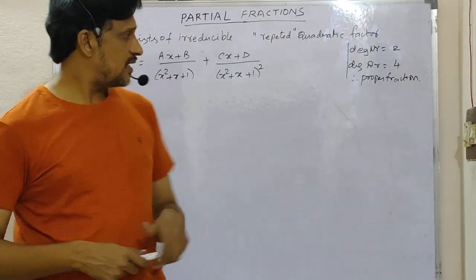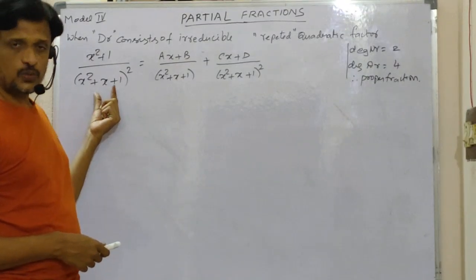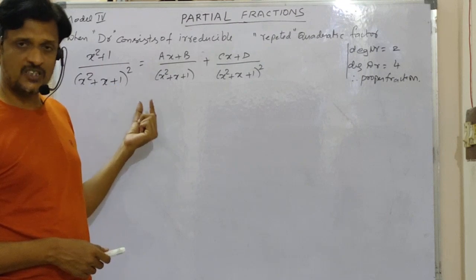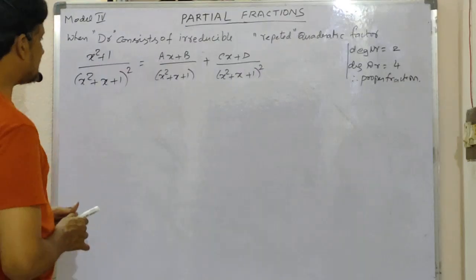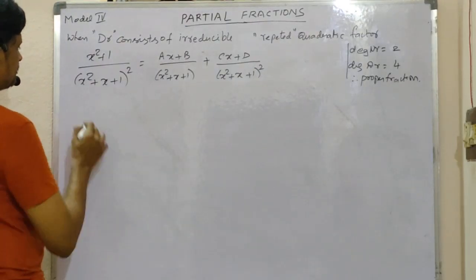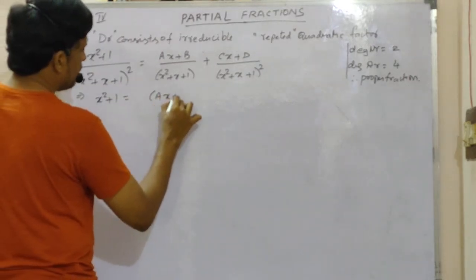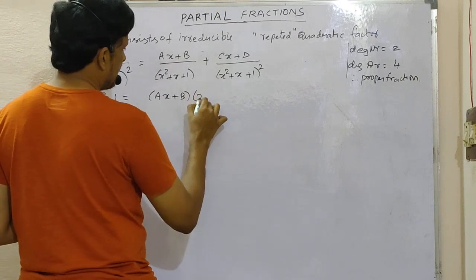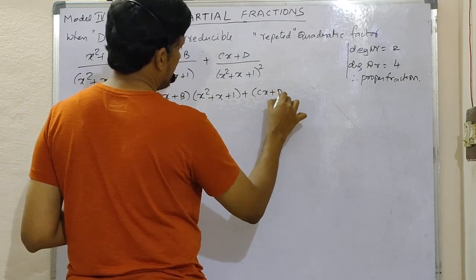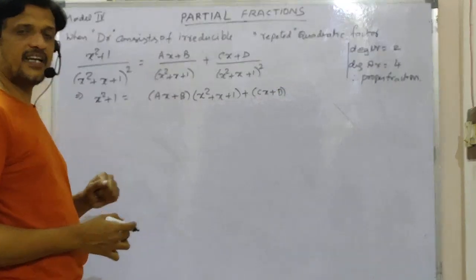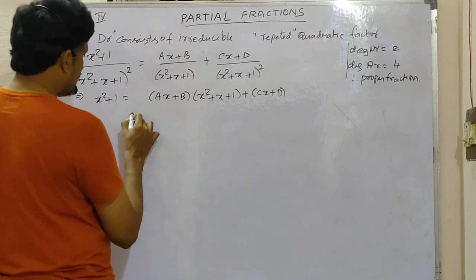Up to the given index n you can write. Since it is whole square, the sum of two partial fractions you will get here, where the denominators are, first one is suppose if it is of the form ax square plus bx plus c whole power 1 and it is whole power 2. Now take the LCM and equate the numerators. Then x square plus 1 is equal to ax plus b into this one, that is x square plus x plus 1 plus cx plus d, need not multiply with anything else because the denominator itself is the LCM. Okay, now so first to multiply these two.